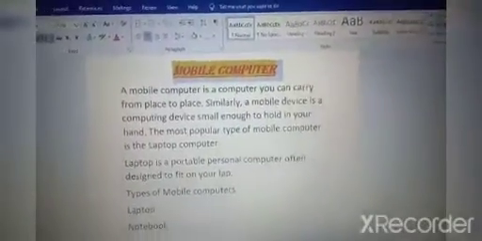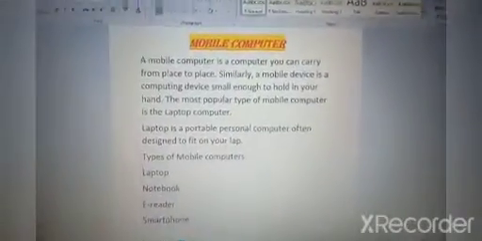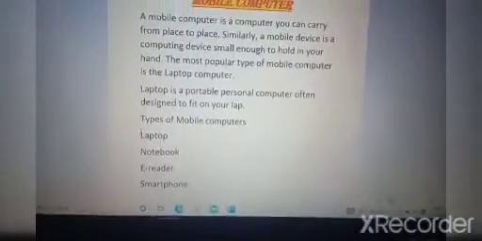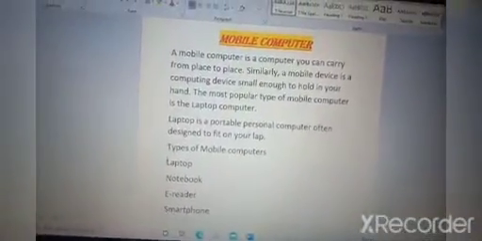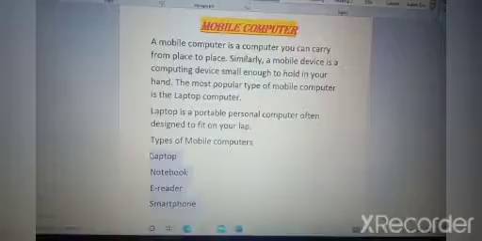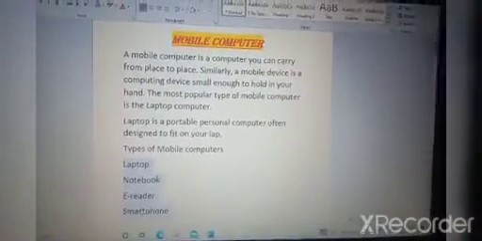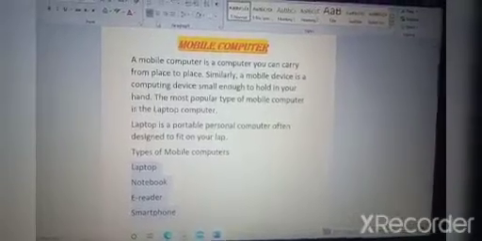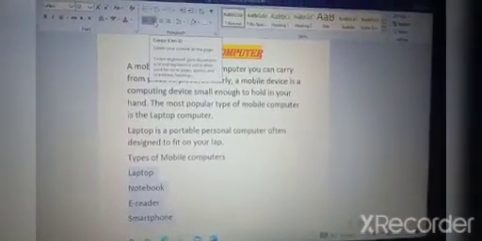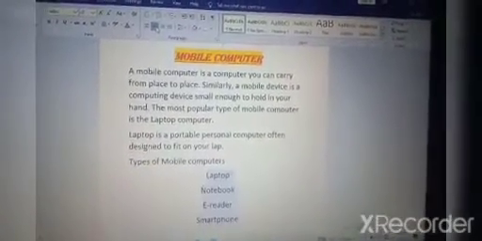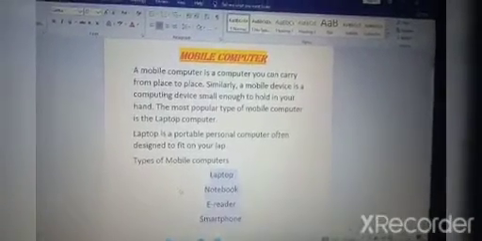Now here also I will show you the same thing. This, types of mobile computer, we will keep at the center. Select it and click on the center alignment. Now you all can see it is at the center.